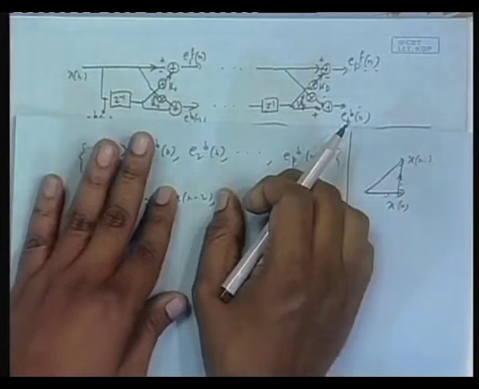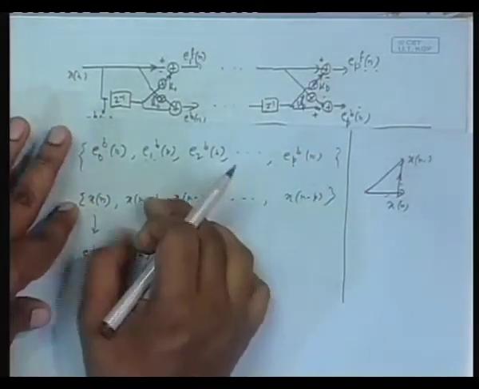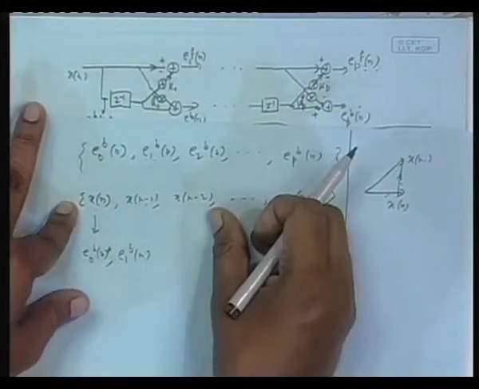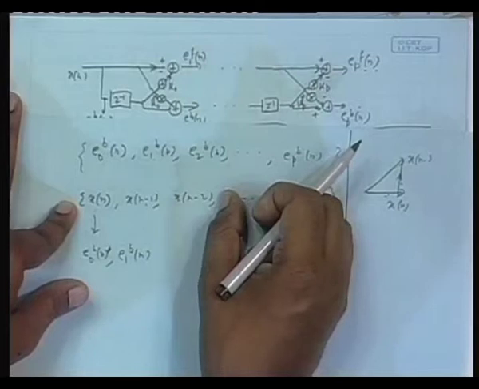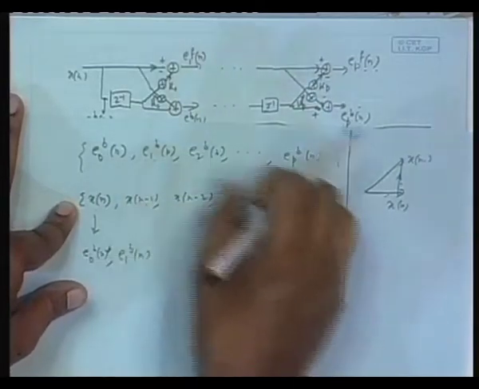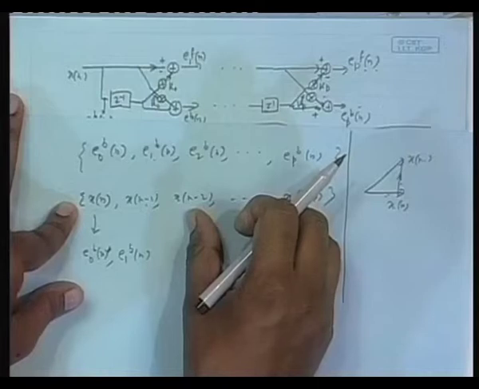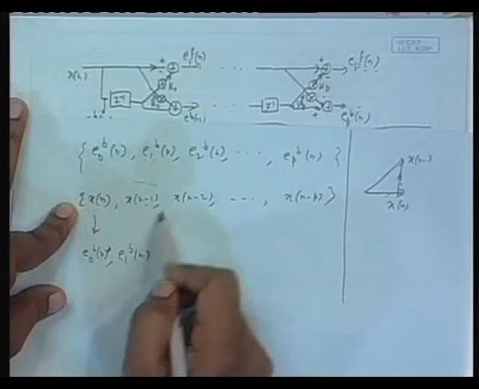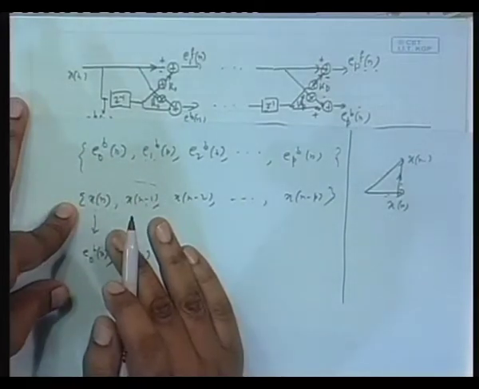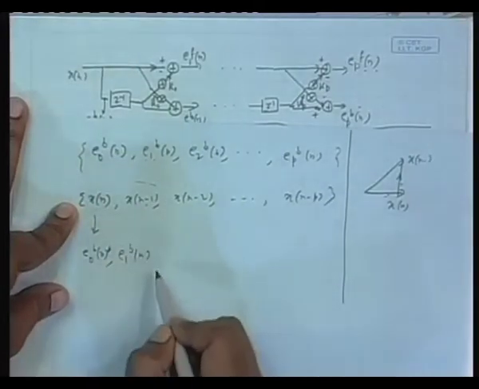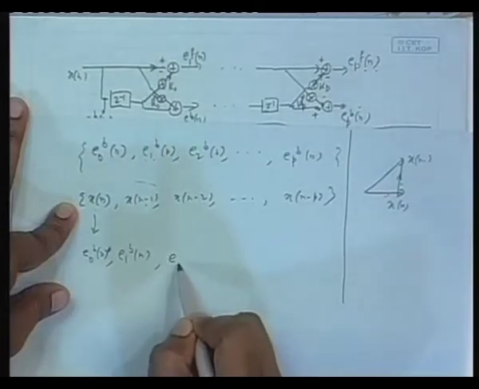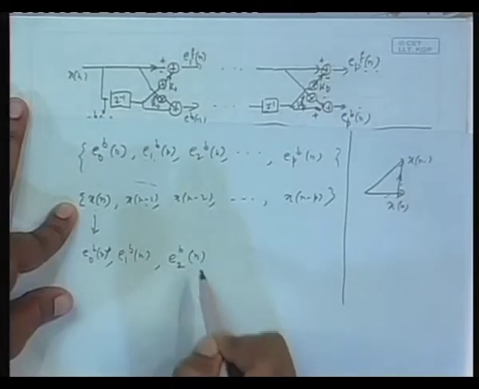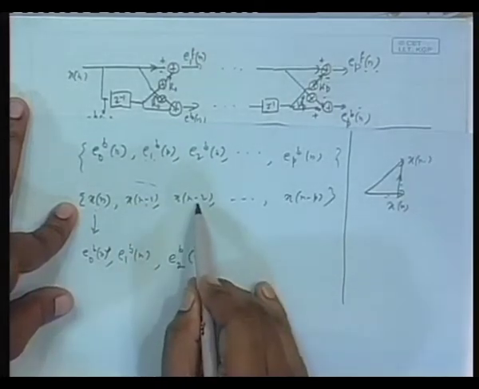Suppose you get another guy, you make this a bigger set. No, I am not interested in projecting on such a small space. Another fellow has come. Let me expand the filter order. Earlier only two terms, now another term. So, fine. Space spanned by these three is what? What I will do now? I will now take this guy, project it orthogonally on the space spanned by these two, take the error. That error will be what? Second order E 2 B n, that is n minus 2 is the index where you are standing,